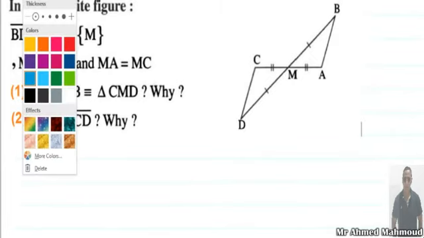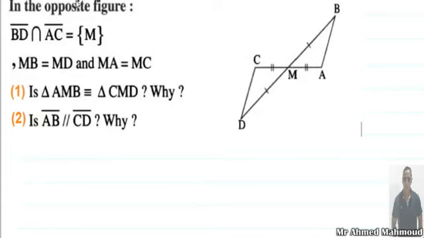First, here we have BM equal to DM and AM equal to CM, and the angle M here equal to angle M here, VOA. Then we have two sides and the included angle, and here we have two sides and included angles. Then the two triangles are congruent. Then triangle AMB is congruent to triangle CMD because,